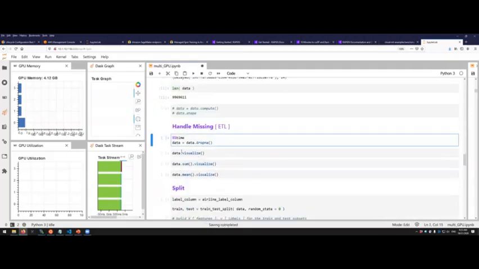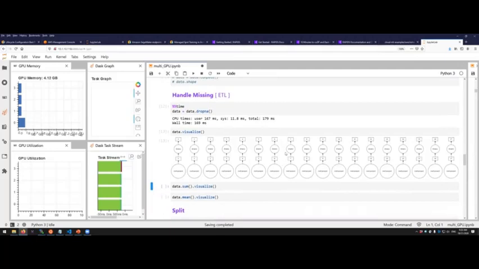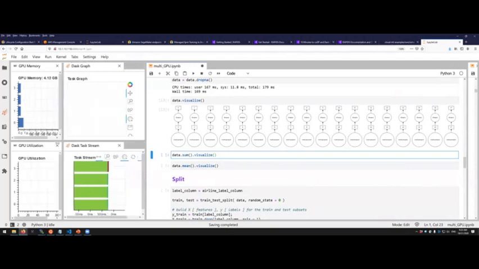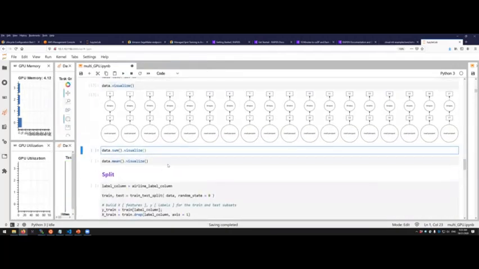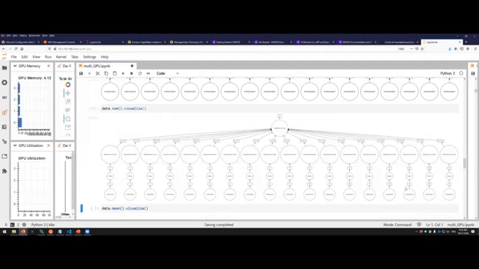So let's go through and do the same stuff we were doing before. Next we'll drop the samples with missing values. If we visualize what the data is now, it's still just a compute graph that hasn't fully been realized. It's going to be reading data and dropping elements that have missing values. We can chain together more complex computations in here. For example, if we were to do a sum and visualize that, that would actually force all of